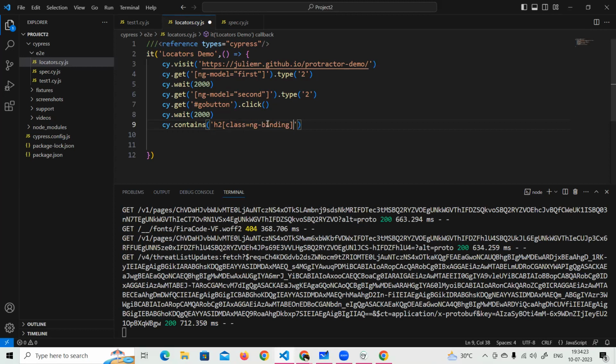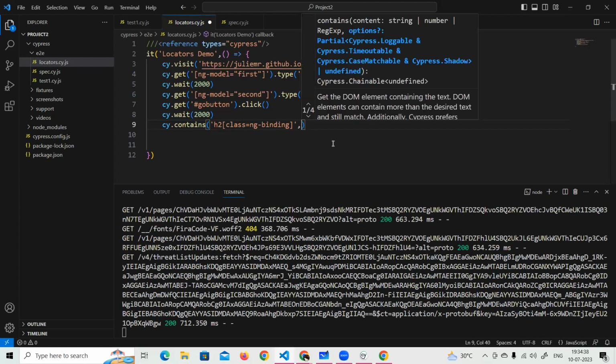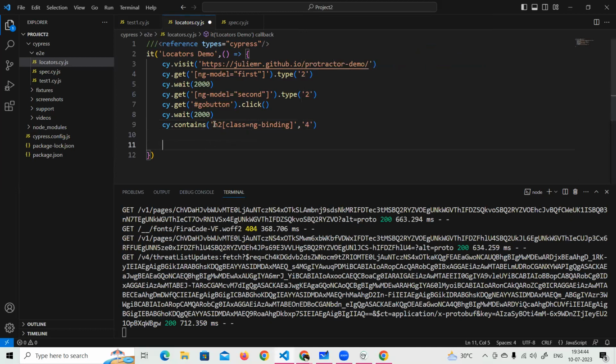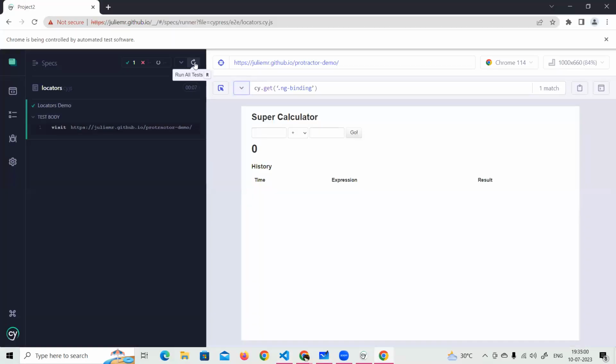Please be very careful when you're typing all this. Even if there is a small mistake, if you leave this hyphen as an underscore, it will not locate the element, right? So that's it. I am just locating the element, and I'm just saying it has a value 4. I need to match it with 4. So I'm just checking, go to this element and check whether it has a value 4. Right. Okay, that's it. So let me save this,